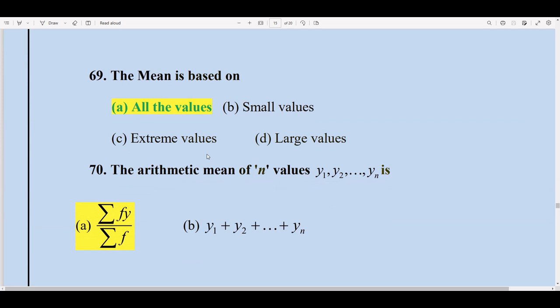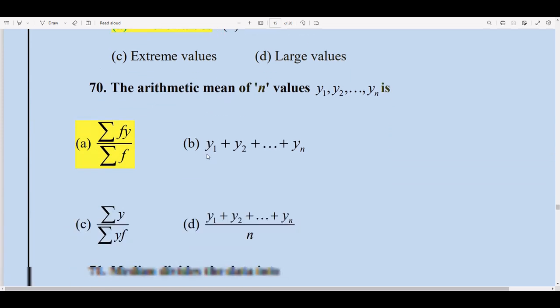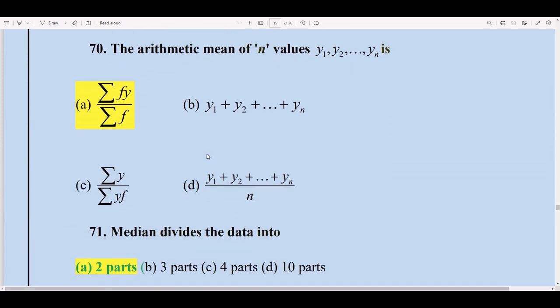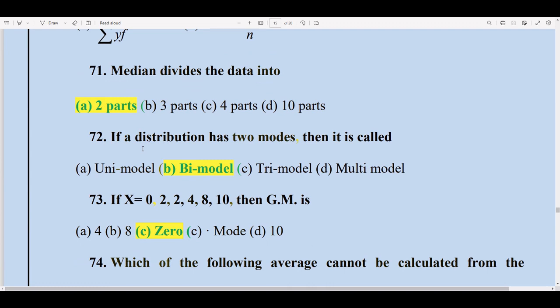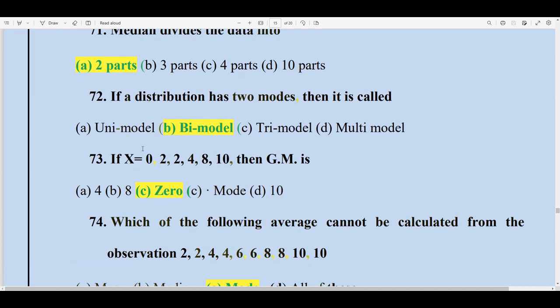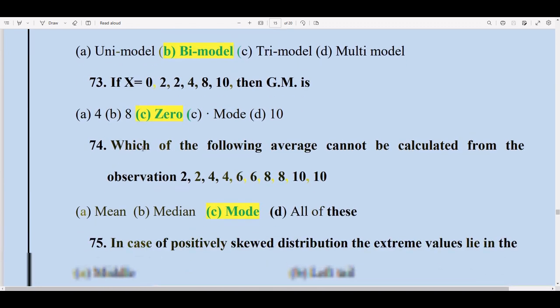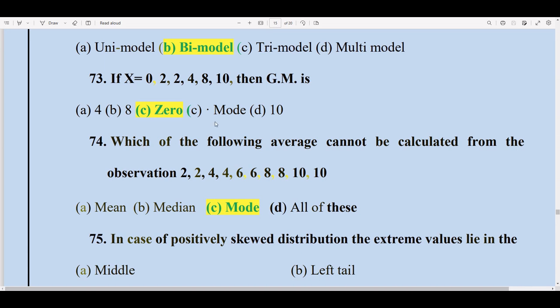The mean is based on all the values. Arithmetic mean for grouped data, the formula is the sum of f yi over the sum of f. Median divides data into two parts. If a distribution has two modes, then it is called bimodal. If the geometric mean is 0,